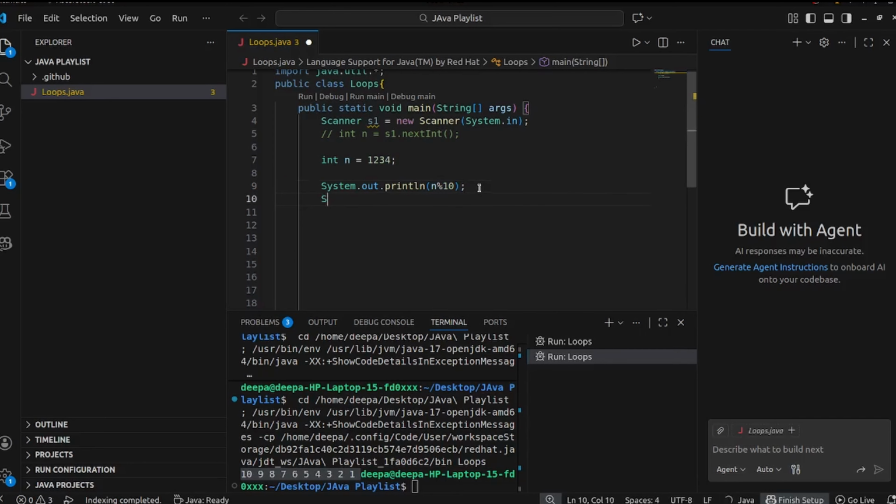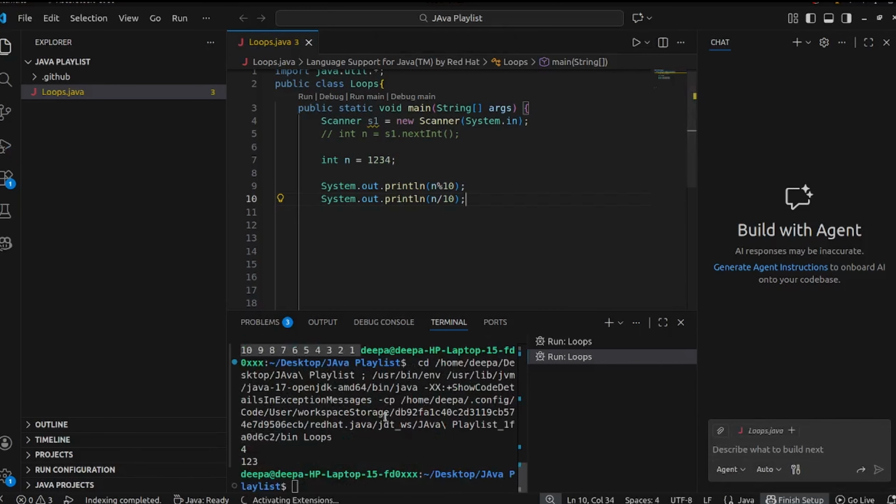After that, n divided by 10. If I run it, I got the last digit 4 out of 1, 2, 3, 4. And this 1, 2, 3, 4, if I use normal division, I will remove the last digit. So now what I can do, simply if I do n equals n by 10, that means I have removed